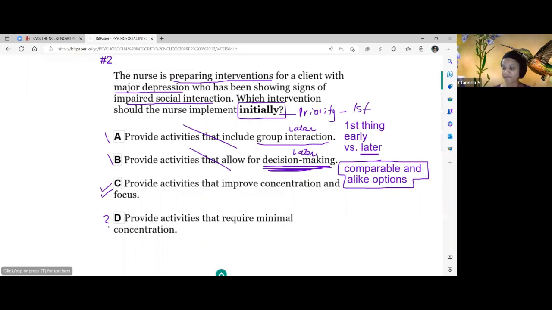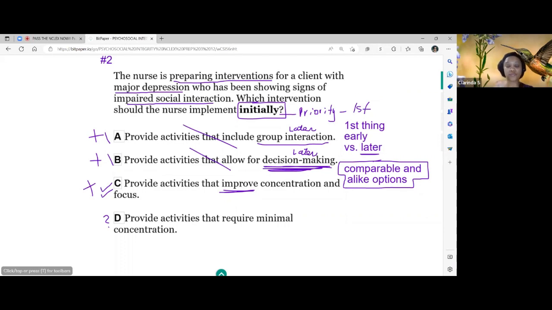Yeah, someone mentioned, oh, very good. Positive. That's another way you can look at this. What's positive and what is not quite negative, but maybe something they would do later on. The word improve is a positive word. So that's true. All these, the A, B, and C, are something that we want the patient to eventually get to, right? We want them to